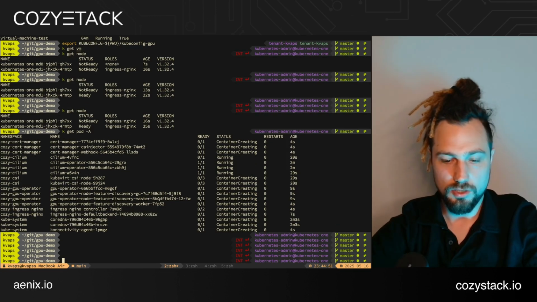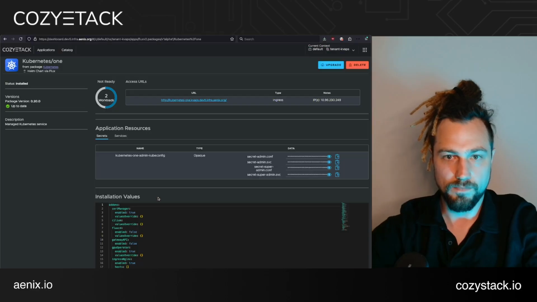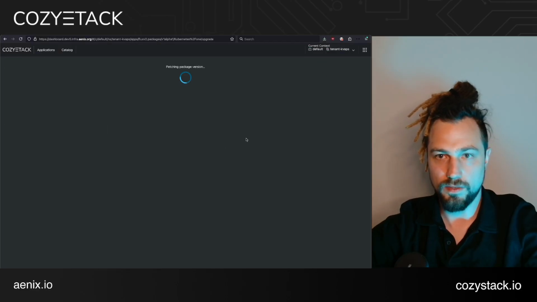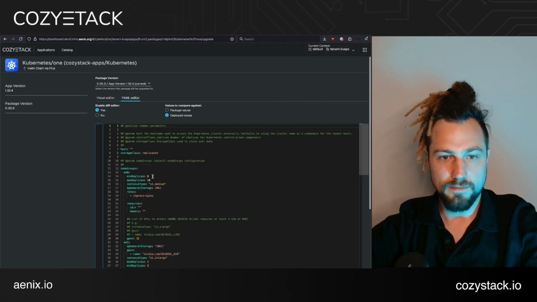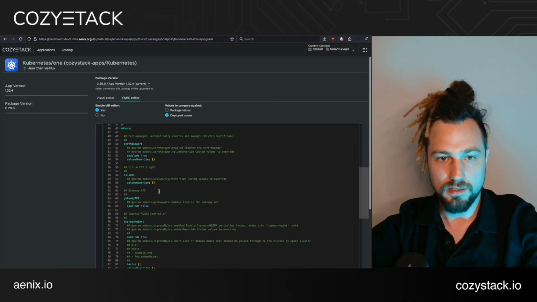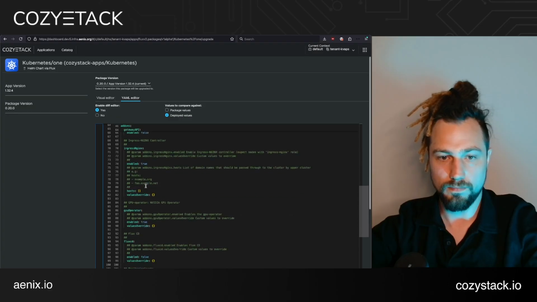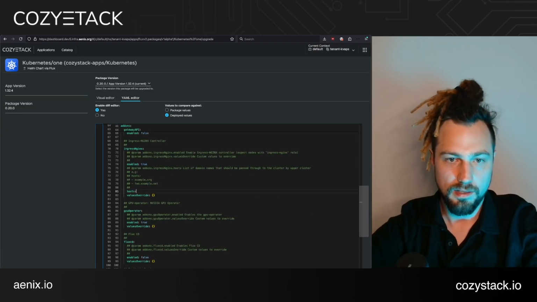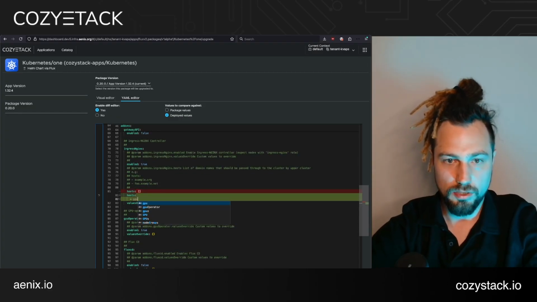To access Nginx ingress, we can also update the configuration of our cluster by specifying additional host names we want to pass through into the cluster. I'm going to specify GPU dev5